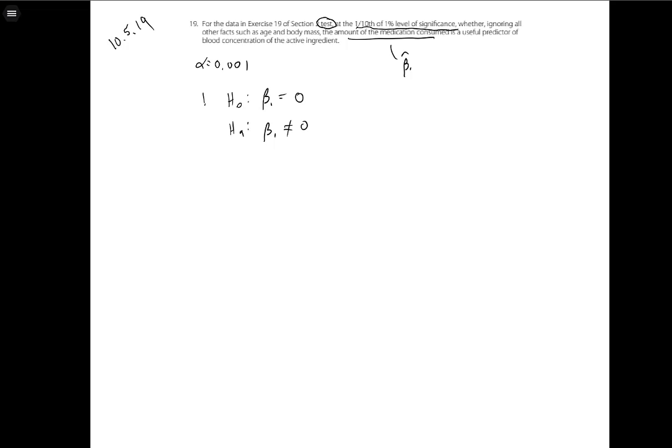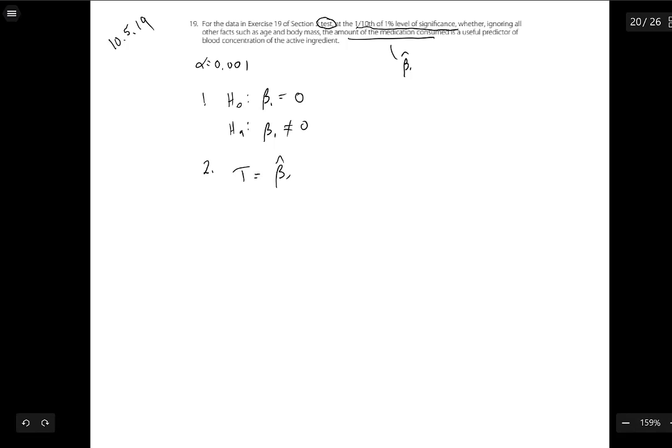Our second step then is identifying the relevant test statistic and its distribution. In this case, since we're in section 5, we can assume, which we shouldn't assume, but our best guess, is the test statistic discussed here for hypothesis tests concerning the slope, beta 1, of the population regression line. We're looking at the slope of the population regression line, and that test statistic is t equaling